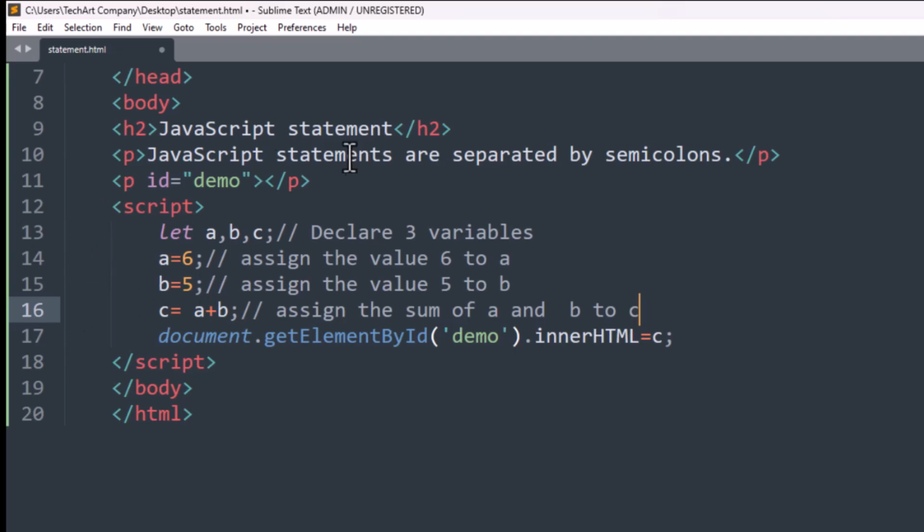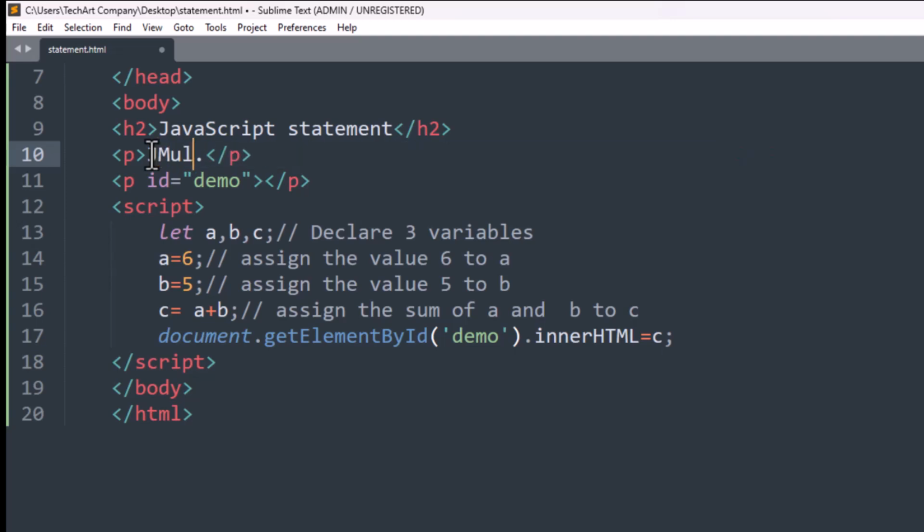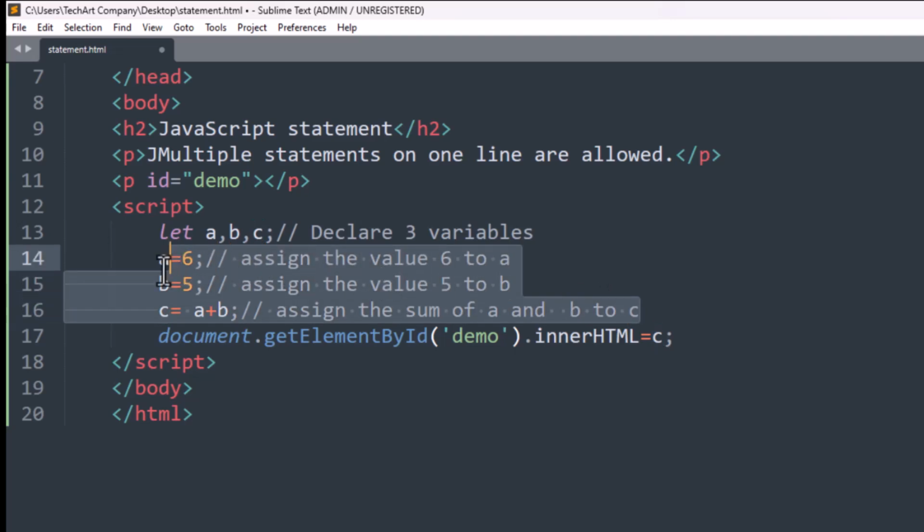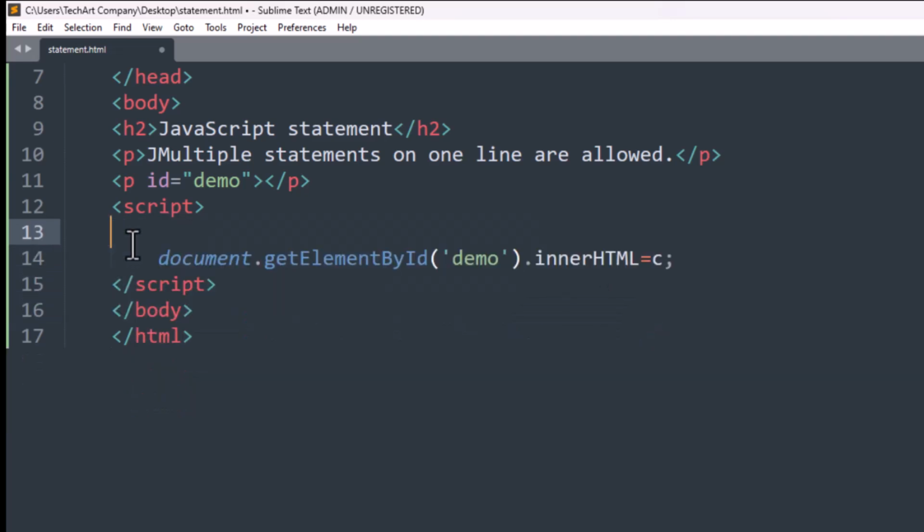I'll have to change this and say that multiple statements on one line are allowed. So I will have to delete all this, and again I'll have